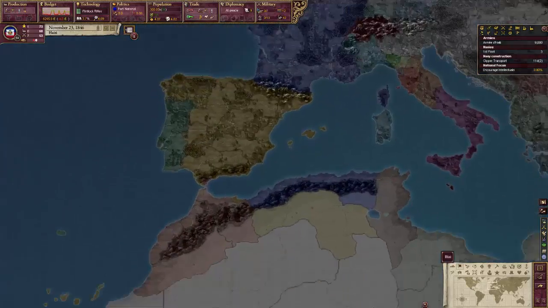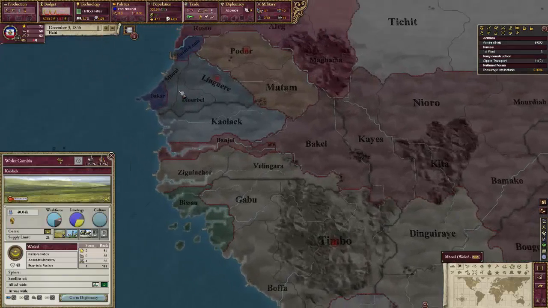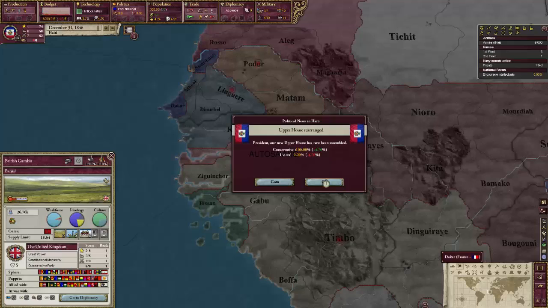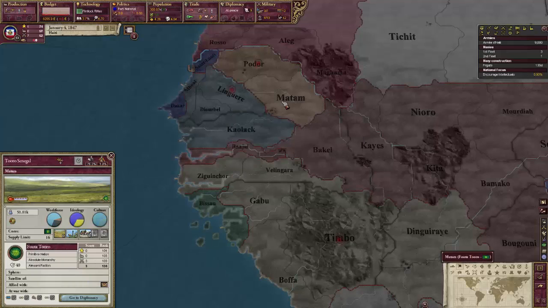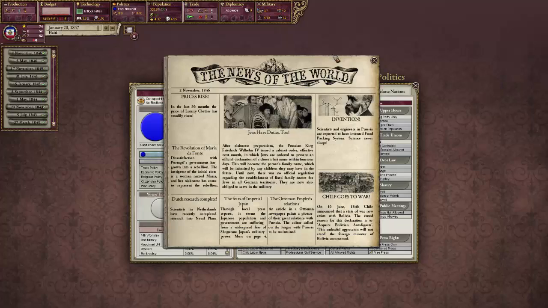Actually, will they be able to... So we're going to try and get full wall off, I think. We're surrounded by something that isn't an ally of it. Britain. So surrounded by two non-allies and two countries that are basically civilized, so